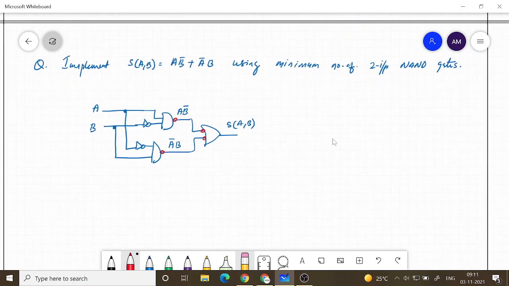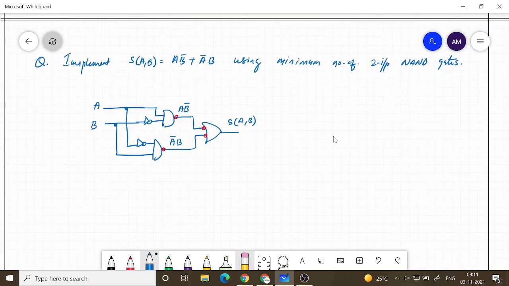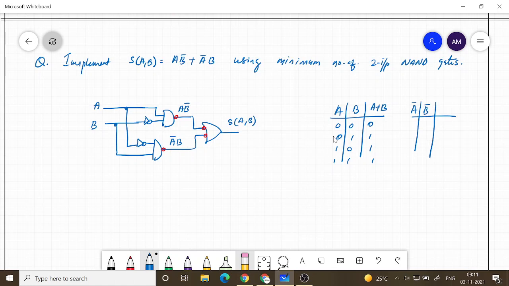So let's look at what happens to OR gate with complemented input. So OR gate truth table, if you look at, let me write it as A plus B. So 0 0 0, 0 1 1, 1 0 1, 1 1 1. If I complement this input, that is, I have to write A bar and B bar. And then let's look at what is this function.